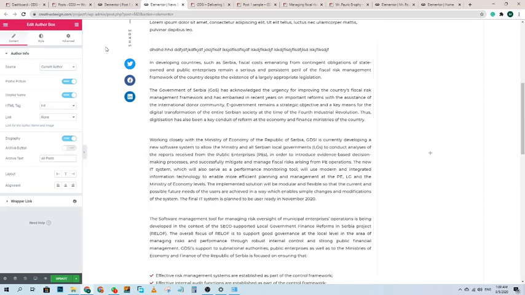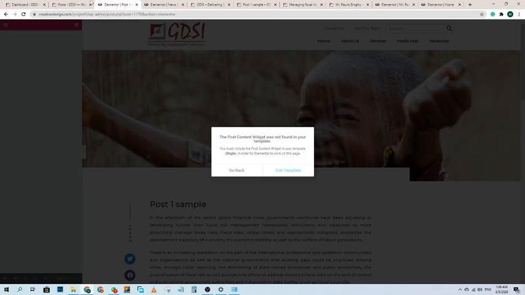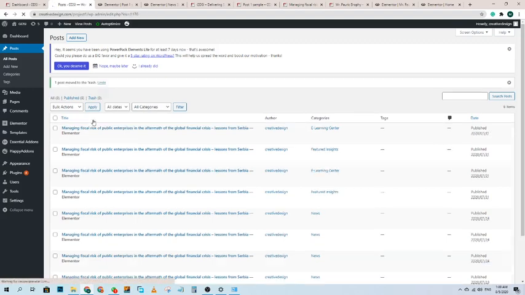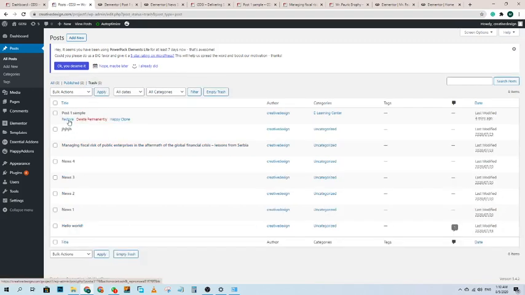Okay, sorry. So I am now deleting this post. You can simply click on this trash link. The post is now in the trash folder, and if you want to restore, you can simply click on restore, or if you want to delete permanently, you can just click here, delete permanently.